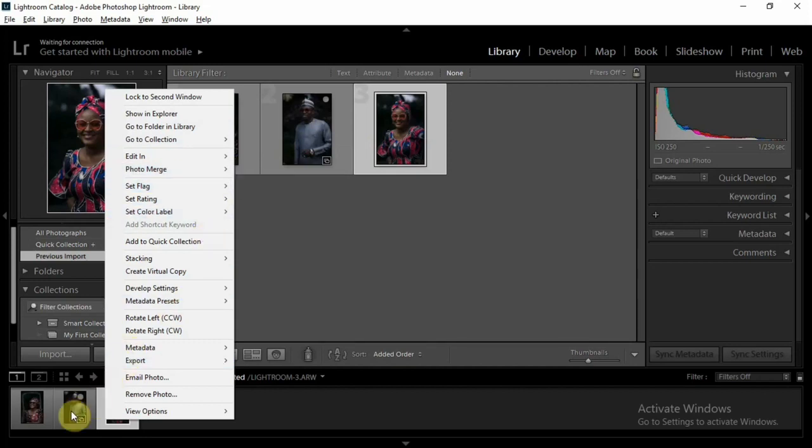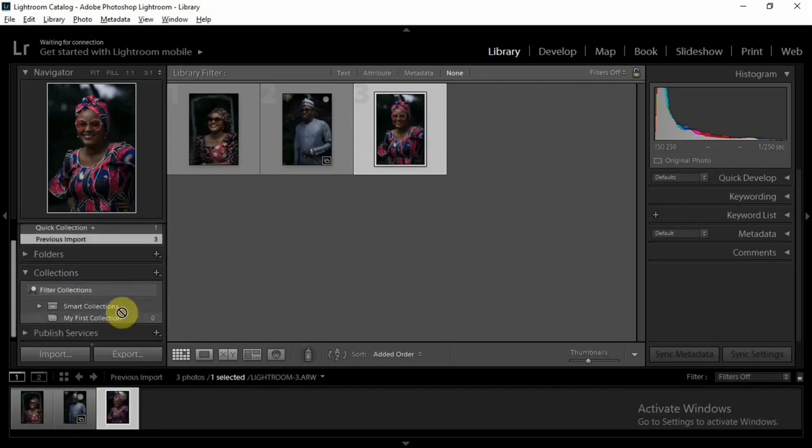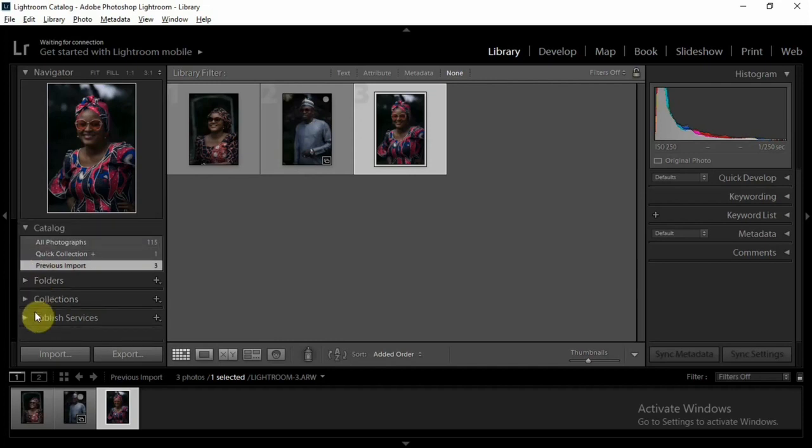You could just drag it. Also, you could drag it to a particular collection that you have there. Drag this image now to a collection and it puts it there. It doesn't actually change the file directory or the file location, but it helps you sort your images into different forms. So that's what you have on this particular